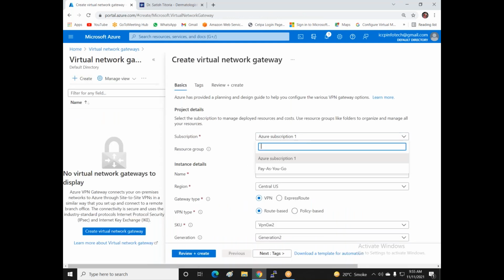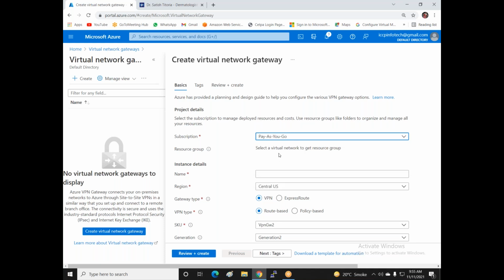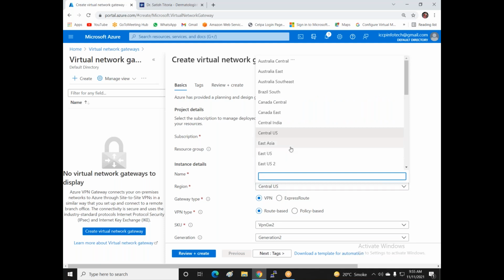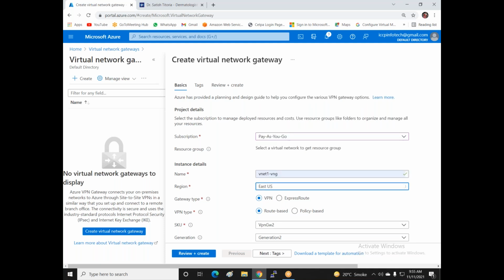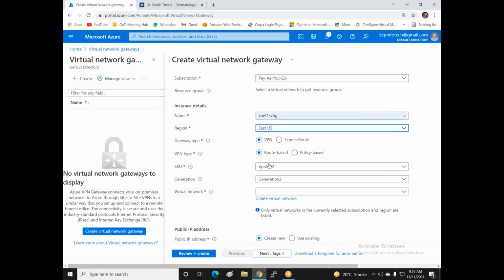and select the subscription. The name of the virtual network gateway is VNet1-VNG. And the VNet one is created in East US. There is route based and policy based.